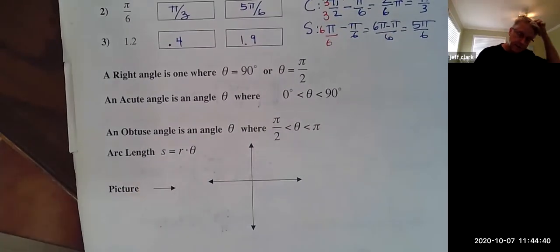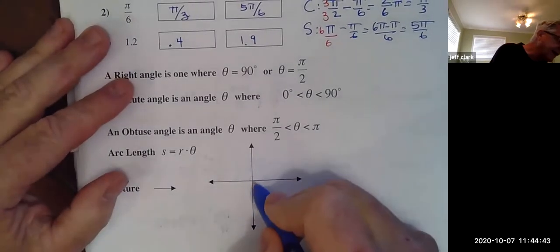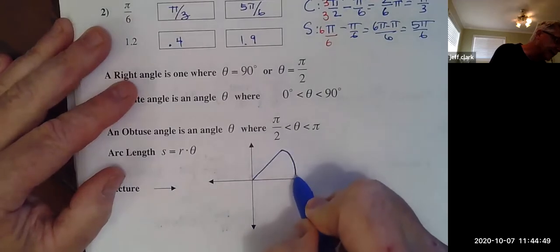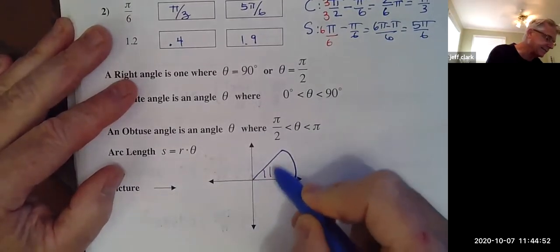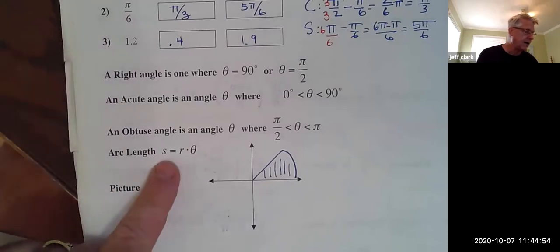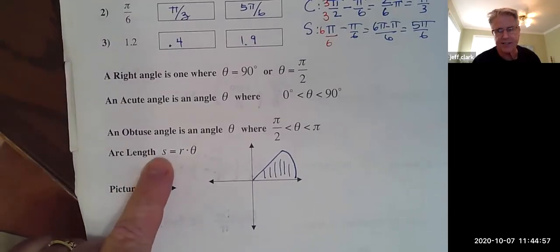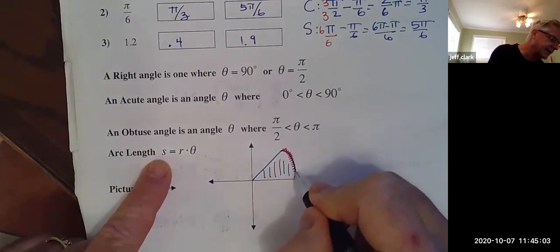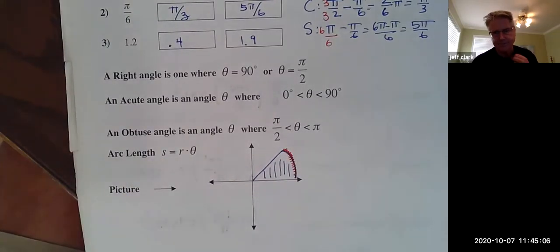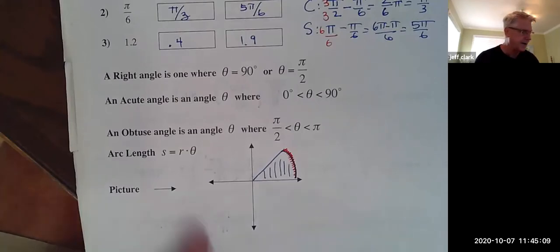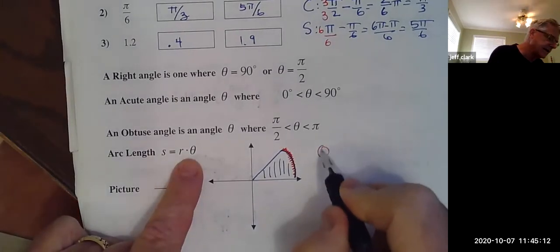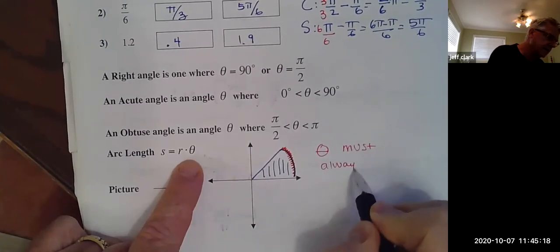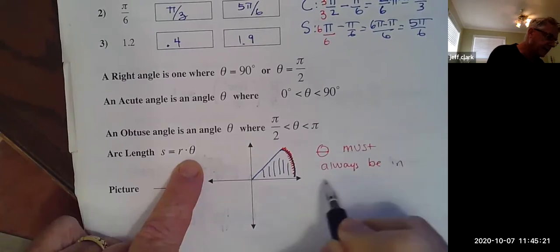And then an arc length, the whole idea about an arc length. If I have a piece of pie, let's say it's a pizza, and you've got a wedge like this, the arc length, which is located as the letter C, is like the crust. It's the length of the crust. That's called the arc length. And you have to remember that theta, in this case, must always be in radians